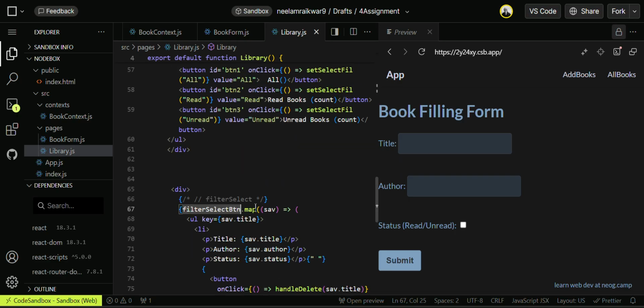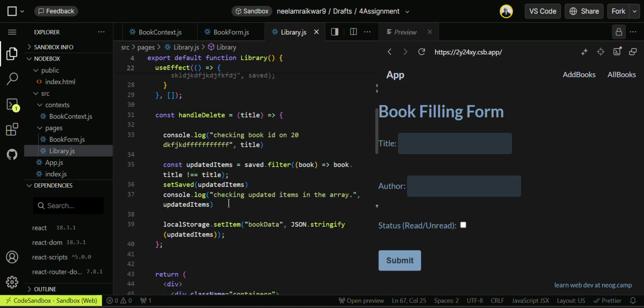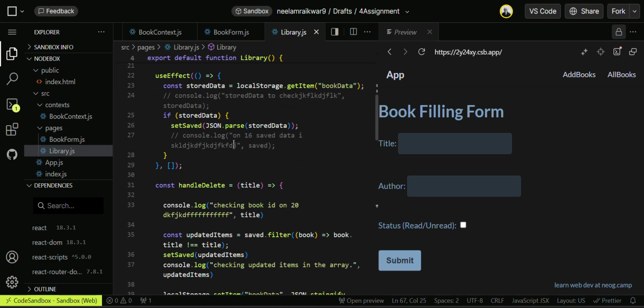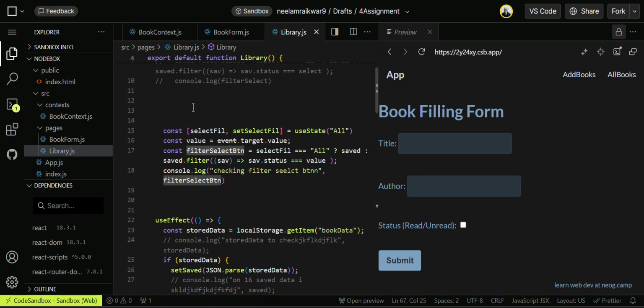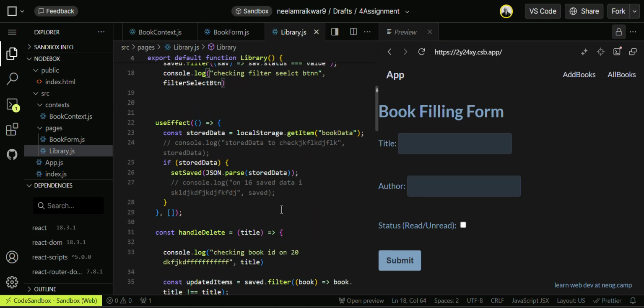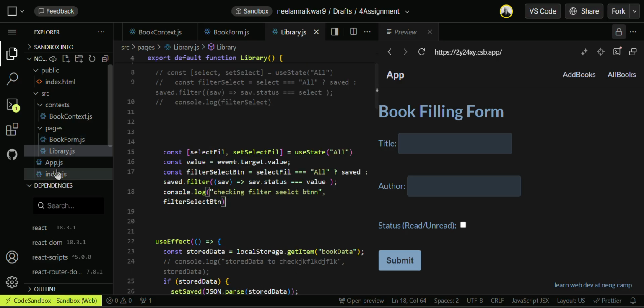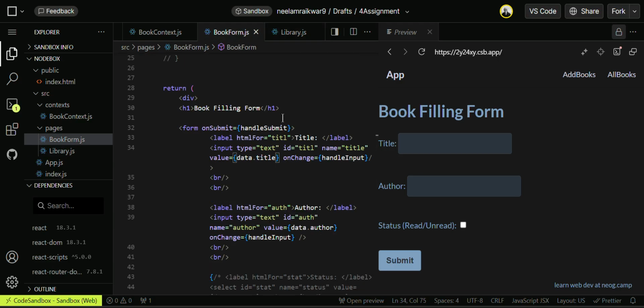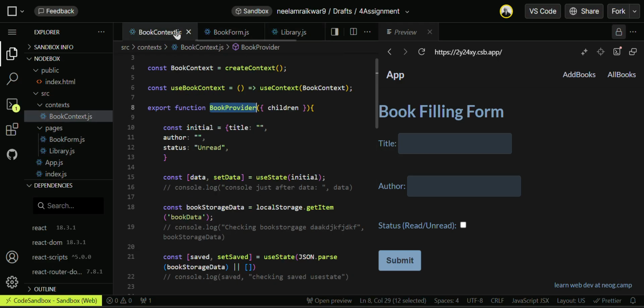So the filter select button is coming here from here, and then I have shown this page is also on book form, book context, library.